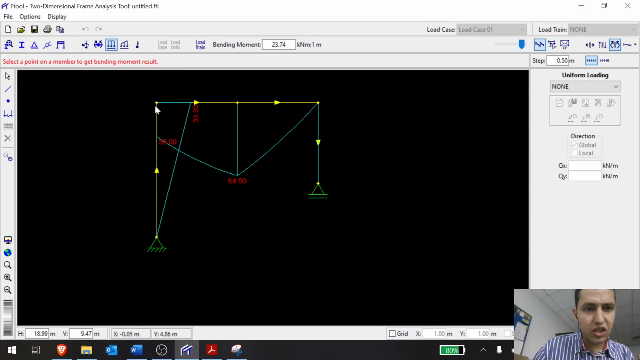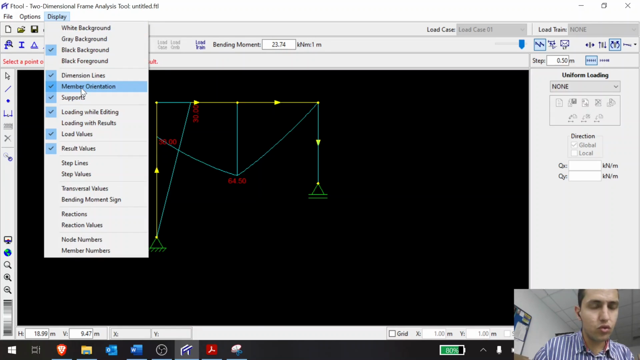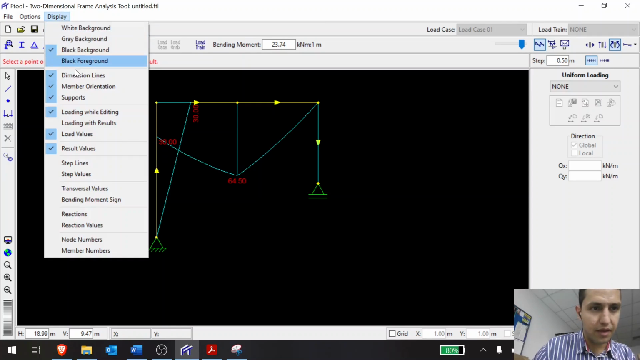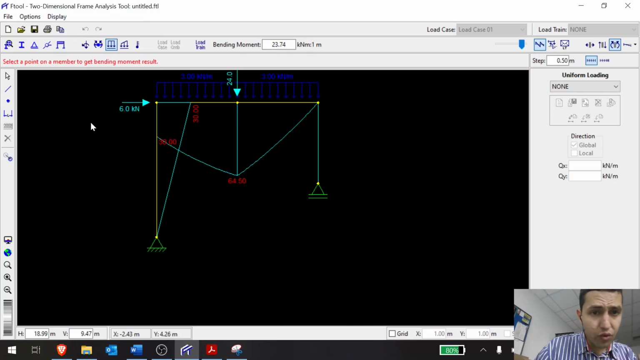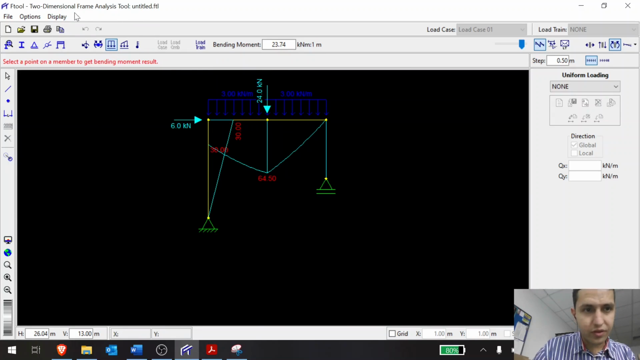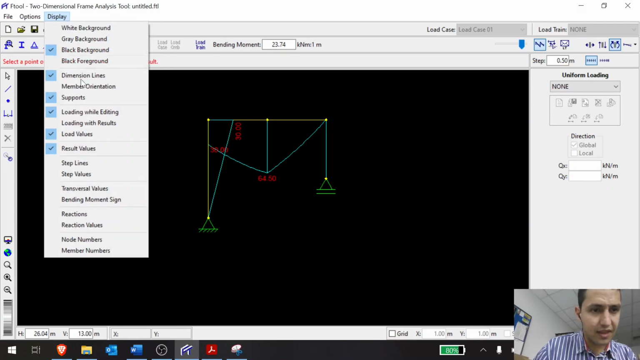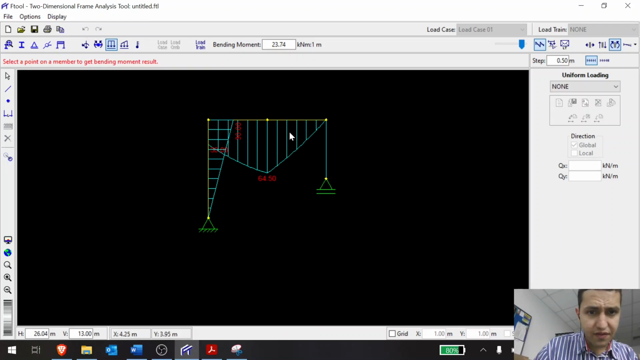So we have orientation of the members. If you so want to look into it, we can make the supports disappear, but I prefer when they're there. We can have loading with results, so you can have the loads with the results on top. Load values, yes or no, up to you. I'm gonna make them disappear. I prefer like this. We can have the steps